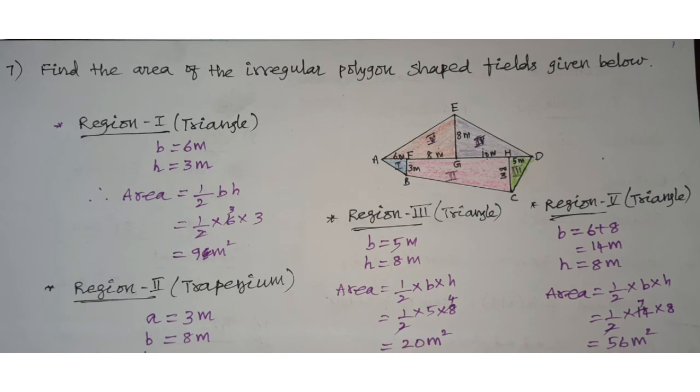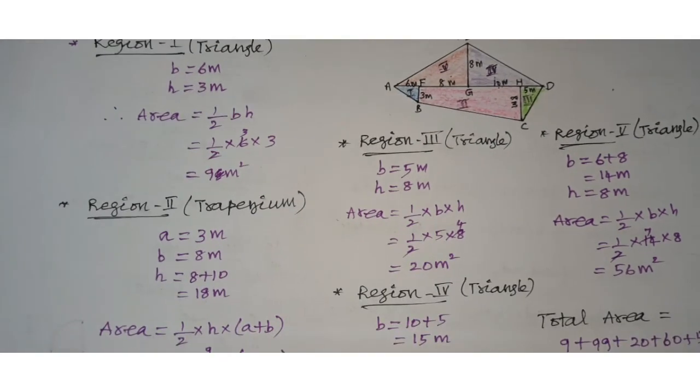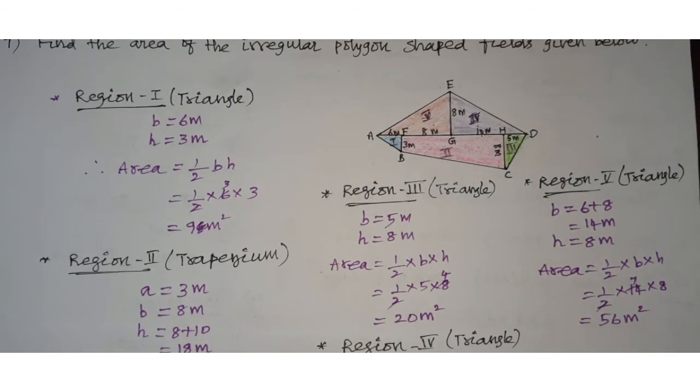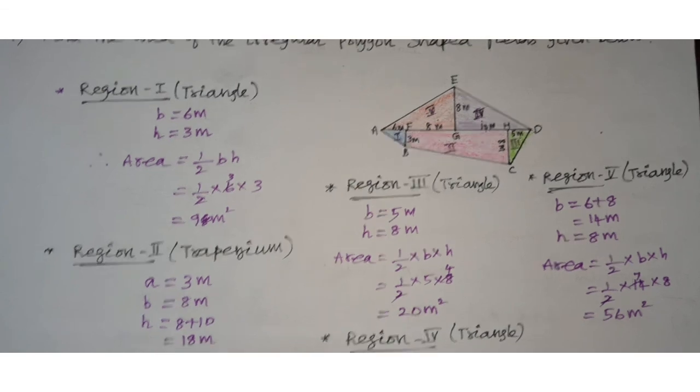Students, you may feel that this sum is very big, but the concept is very simple. You have practiced in 7th standard to find area of triangle and trapezium separately. Now we are doing it combined. That's all. So this full exercise, nothing new. We are combining, that's all. Whatever you have studied in 7th standard, using those formulas only, we are finding area. Here the extra thing we are doing is adding all the regions.